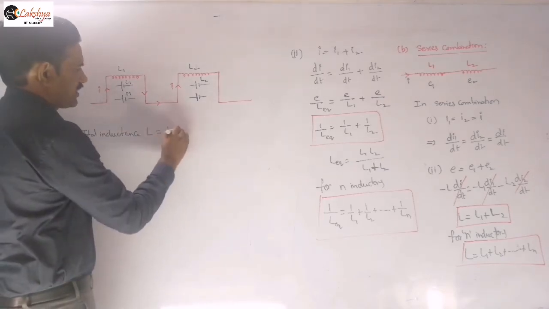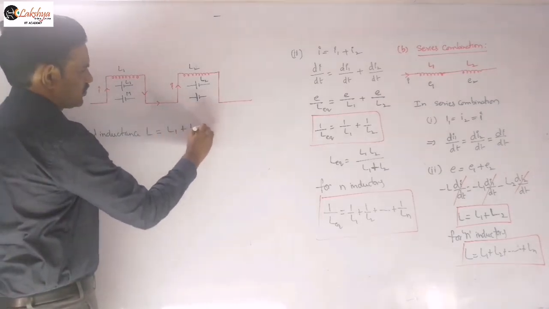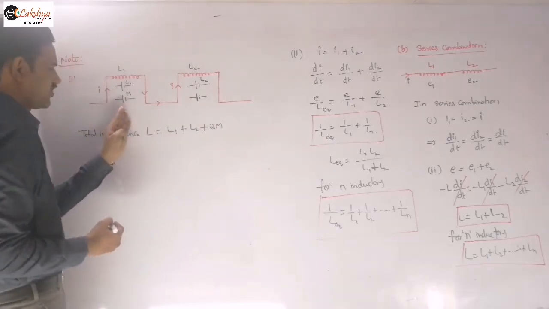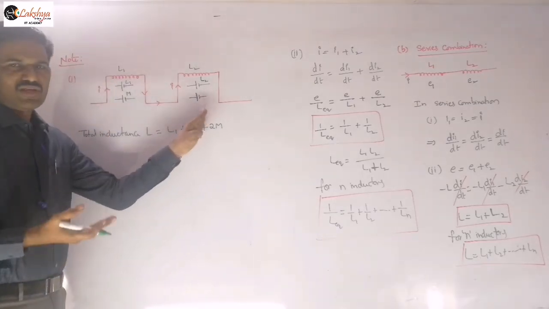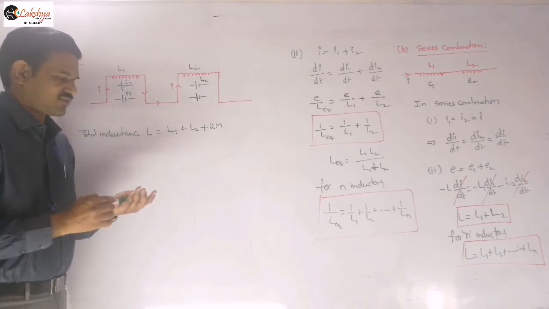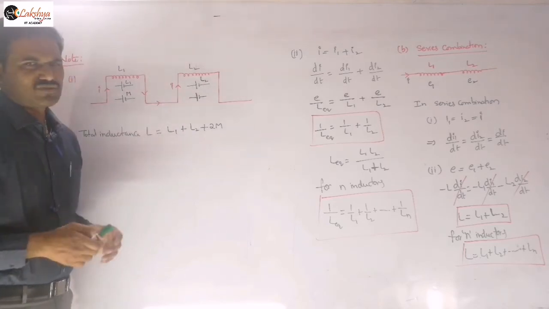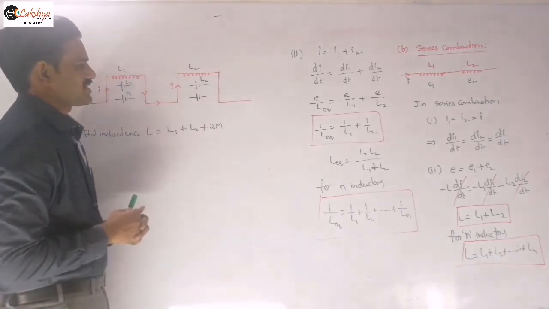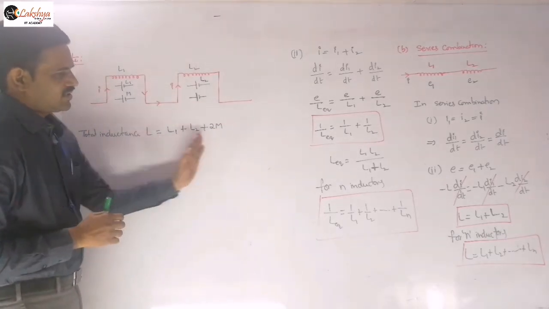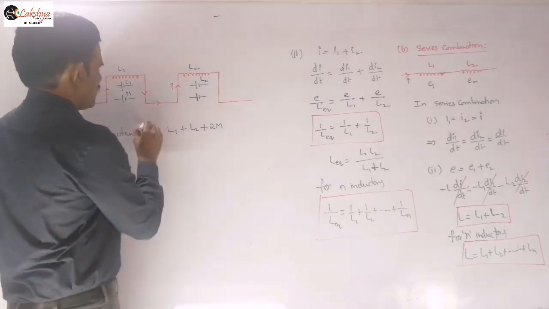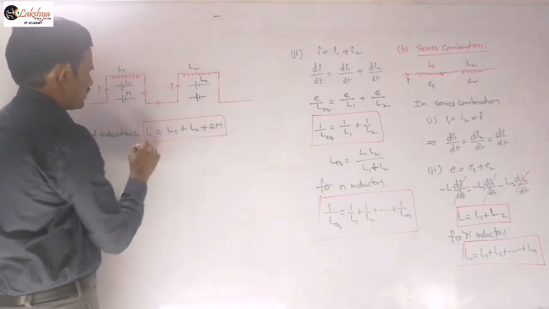And so simply what I can write is L1 plus L2 plus 2M, because M1 once for this and M2 for this. We know mutual inductance will be the same whether current is flowing in the first coil or the second coil. So you can write simply like this. You can remember it as: when current in the two coils is in the same direction, the effective EMF for the total inductance is given like this, L1 plus L2 plus 2M, right?